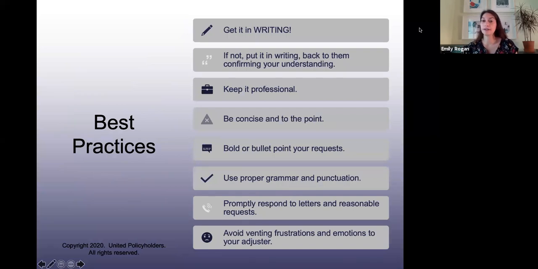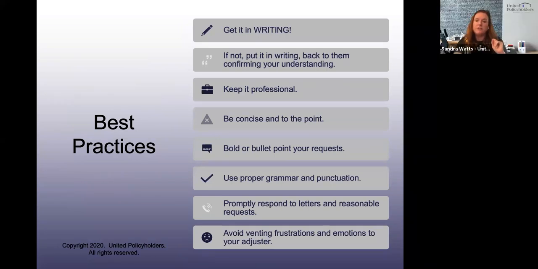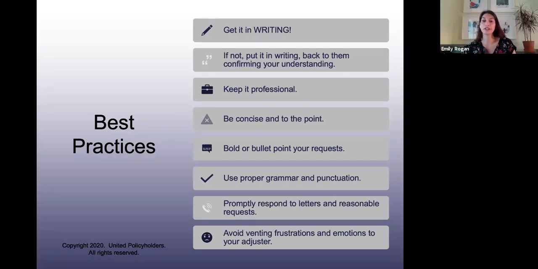So again, just a final reminder: don't be afraid to accept the checks, the advances. They don't obligate you to say that you're accepting their decision. People are really hesitant sometimes to cash the checks, and you can. Yeah, and if you're really nervous, you just follow up in writing and say,